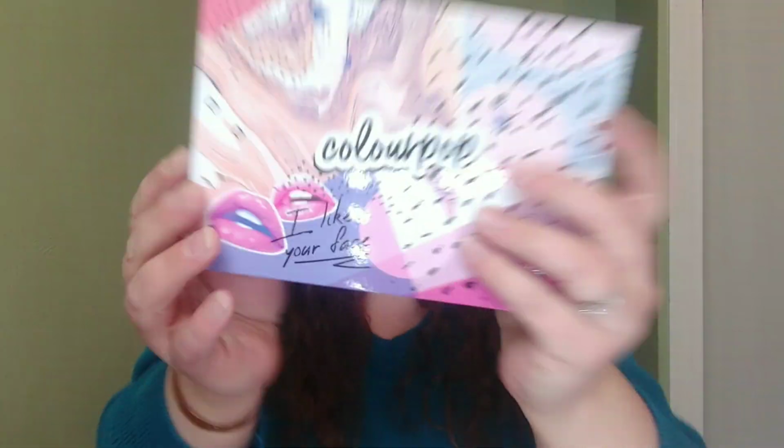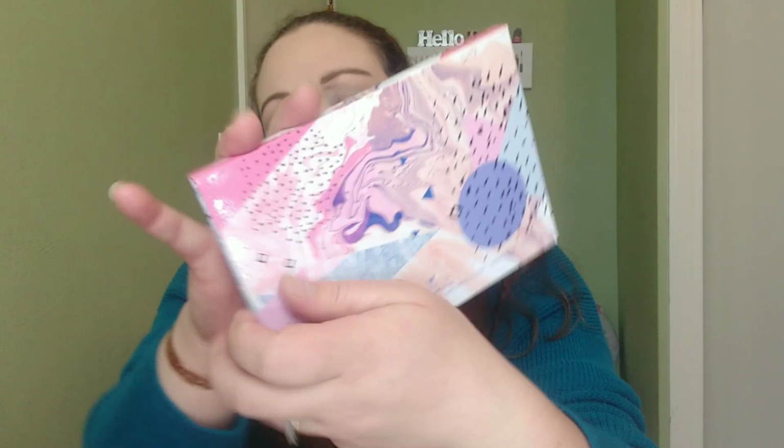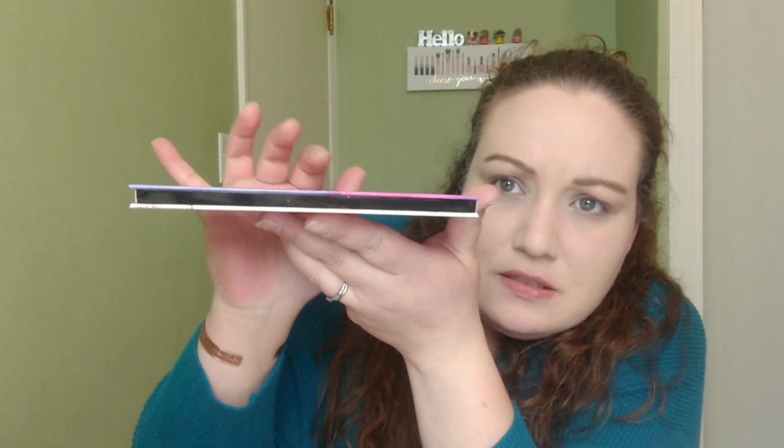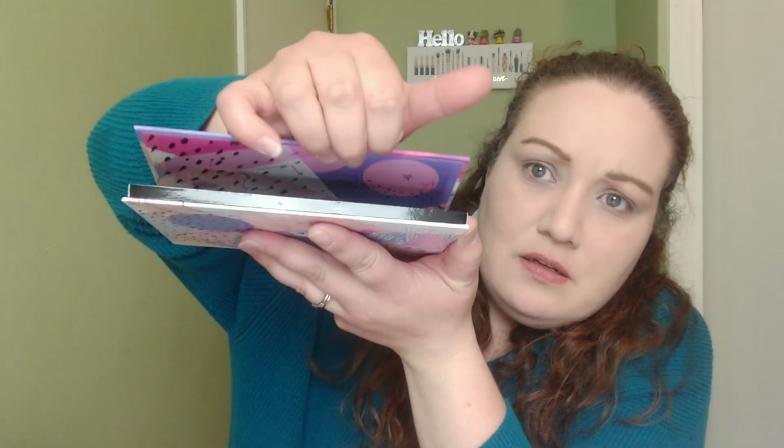So this is really pretty. It's just a cardboardy package, or palette. It's really pretty. Feels nice. Got some silica in here. There's no mirror, which is kind of a bummer, but that's okay. And then, so it's pretty good size. Trying to see how magnetic it is. Okay, so it's pretty